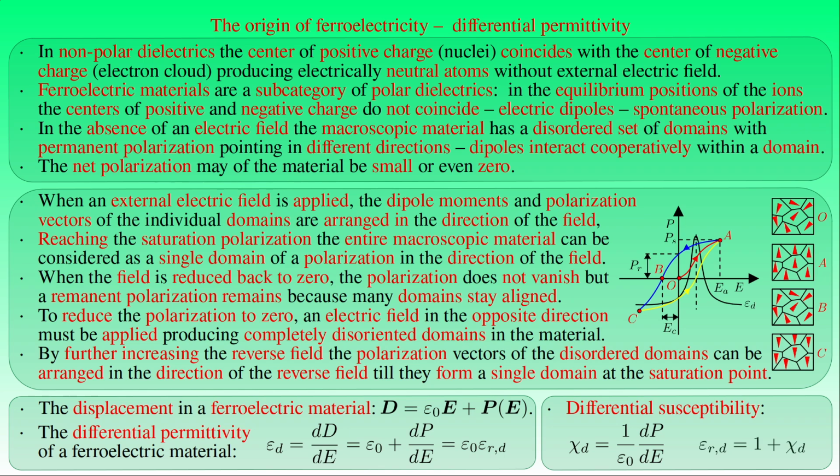As already mentioned, in the table where we have shown the relative permittivities of ferroelectric materials, their baseline values are used, that is, the initial slope of the displacement as a function of the electric field strength, determined by the tangent to the red curve at the point O in the polarization versus field strength diagram, where the electric field vanishes.